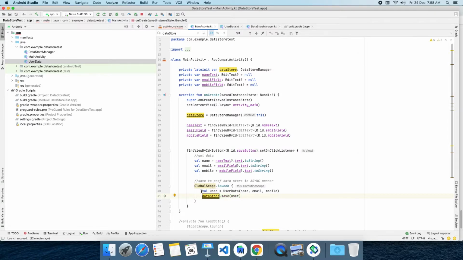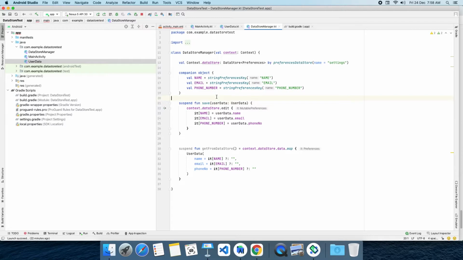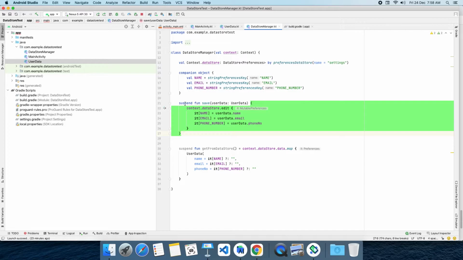What data are we going to save? User data. Okay, create one instance of user data and then pass that instance to that save method. Okay, see here, as we discussed, all the reading and writing operations happen off of the main thread. Okay, so make this function a suspend one,